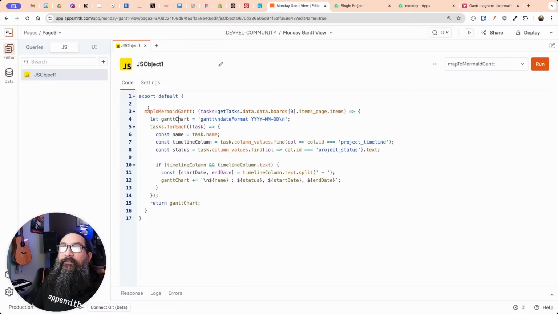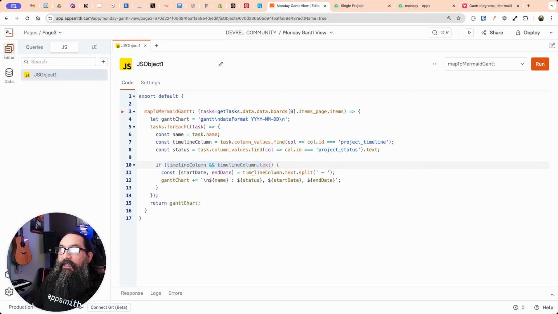So what this function does is it defines that first line, and then for each task, it goes through the full array and just extracts the name, and then finds the column that has the project timeline, so you can get the start and end date, finds the column that's got the status and pulls that out. And then once you've got those three things, here I'm just making sure it's valid, that one of those wasn't undefined, because the chart will break if each line isn't a valid start and end. And so once I've got the data, then I can just